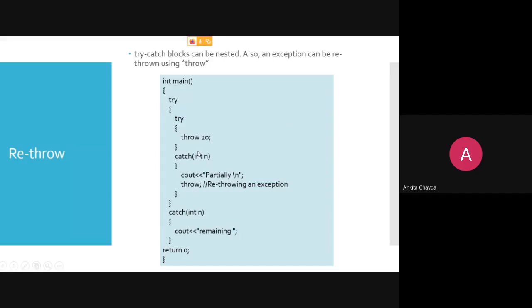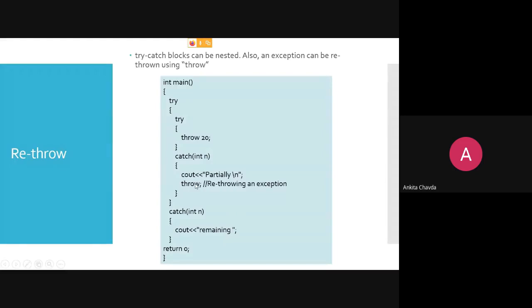Now who will catch? Another catch statement will be there, of course, to catch your thrown error. So this catch is also a nested one, and the error will be rethrown only by the keyword throw.